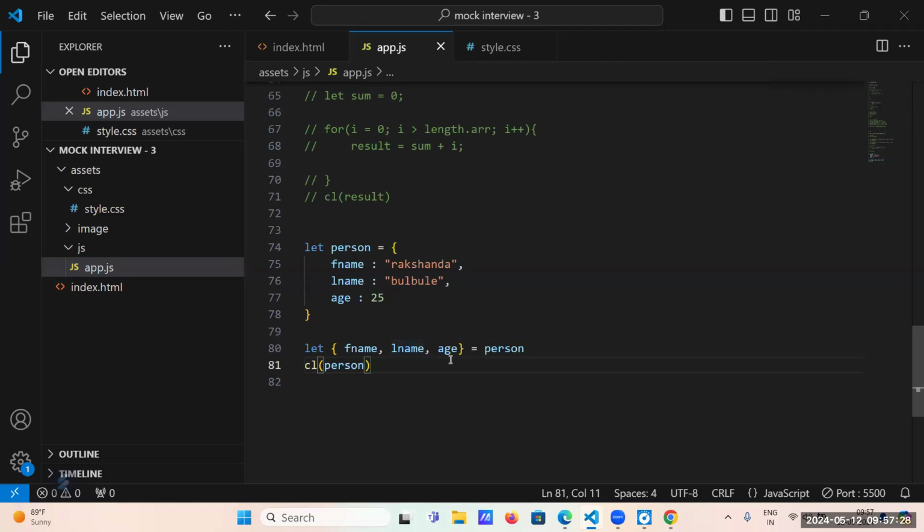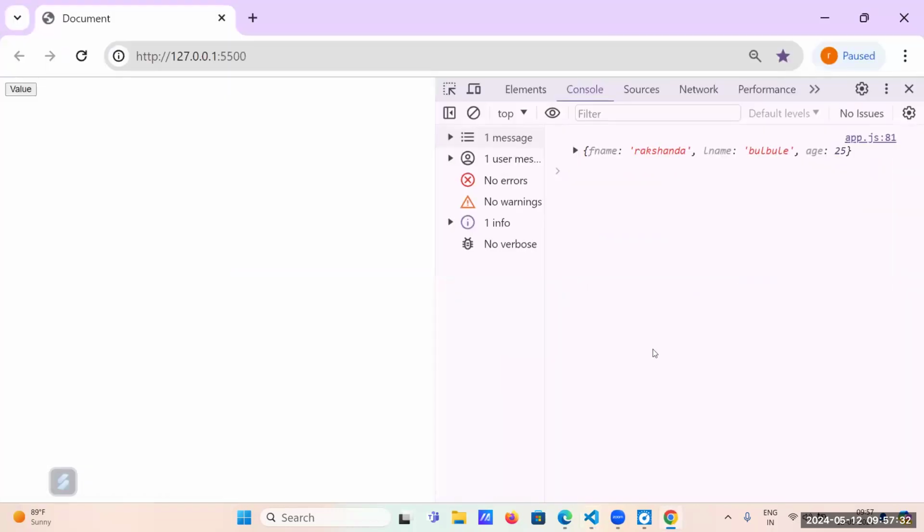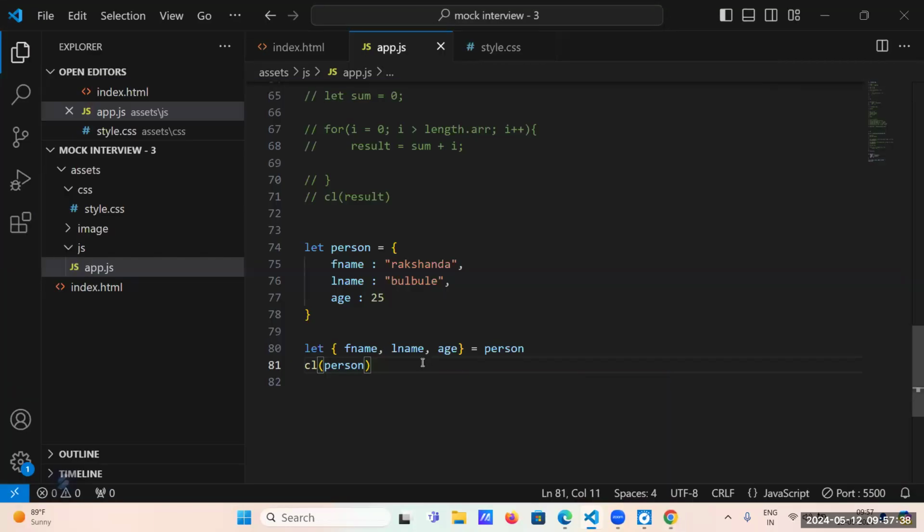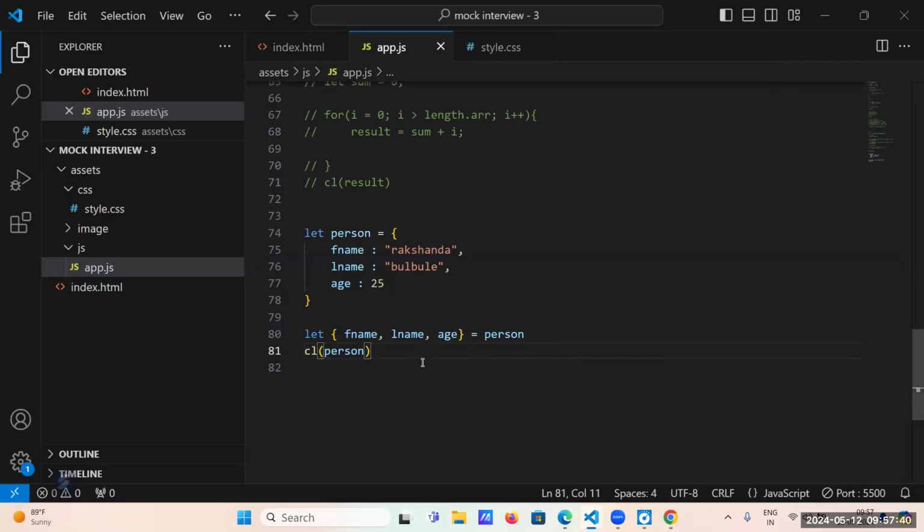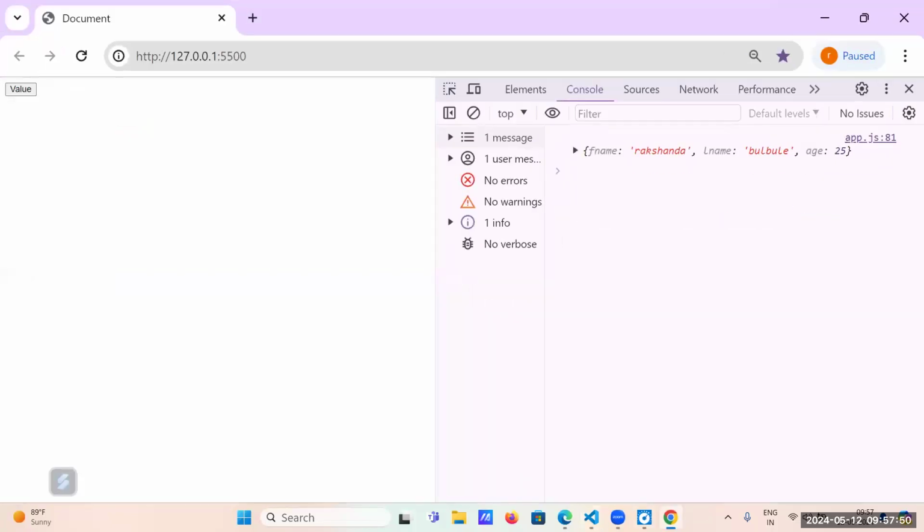Okay, show me the output. Comment line number 80 and check the output. Output is the same, right?